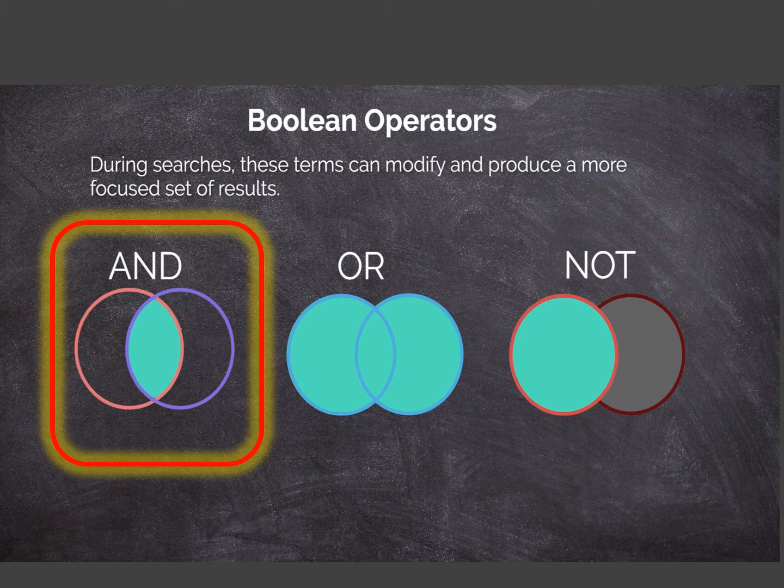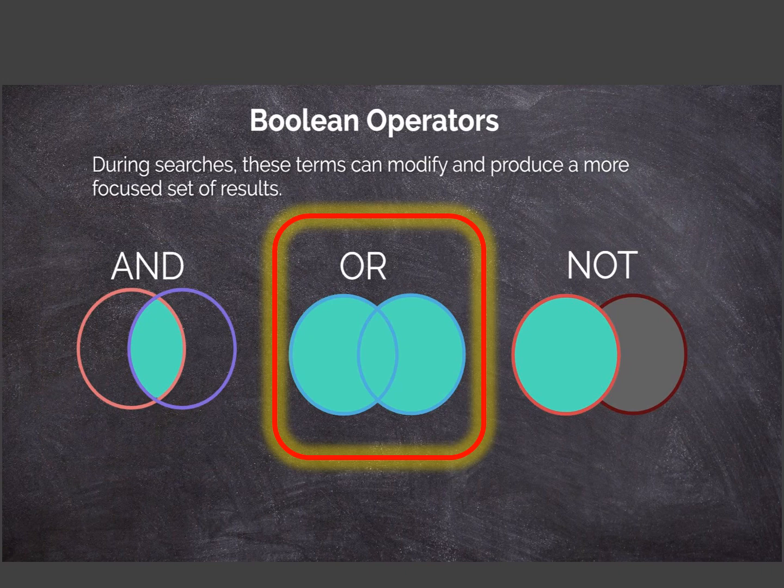Some databases will allow you to specify where in the article you want those keywords to appear, like the title, the abstract, the full text. In this library instruction session, I'm demonstrating how to find articles about permanent contraception and nulliparous, or the condition of never having given birth. But in order to find that term, nulliparous, I had to do some searching of dictionaries and other places online, because I knew what the concept was, but I didn't know the term. And so knowing the term so that you can basically speak to the database is crucial.